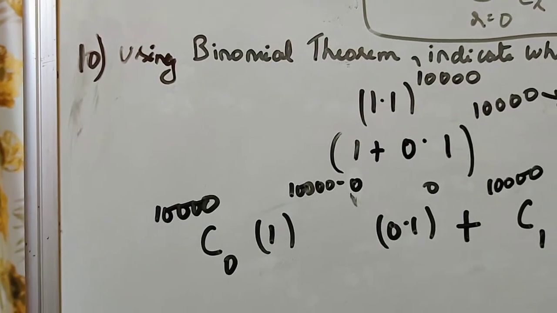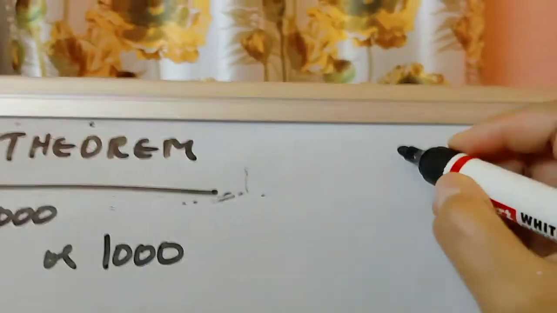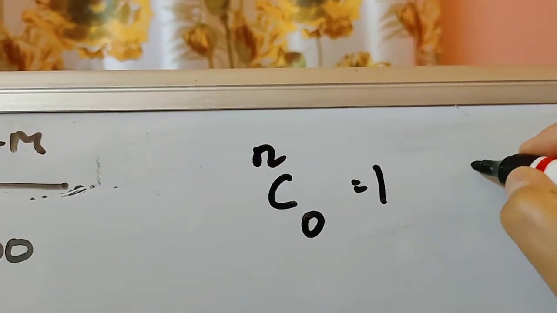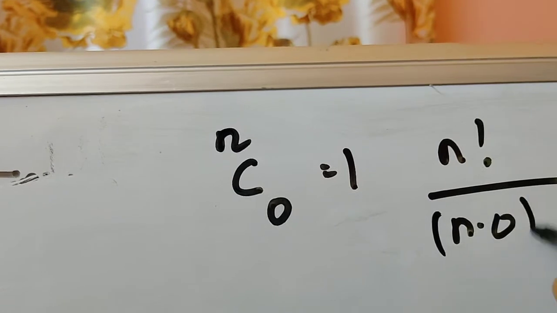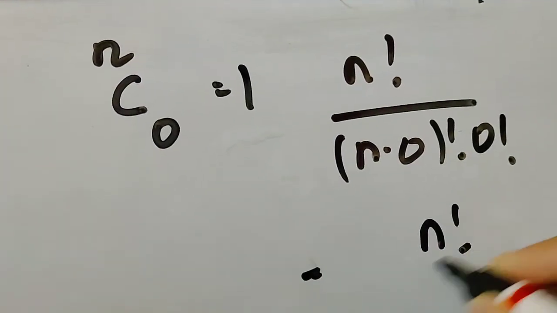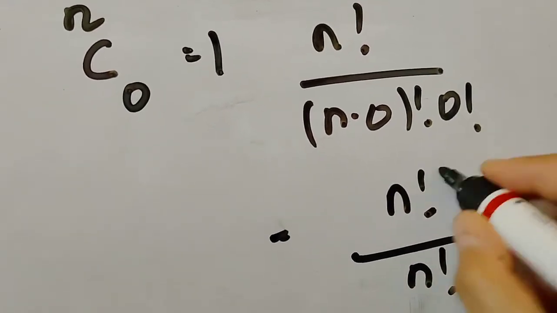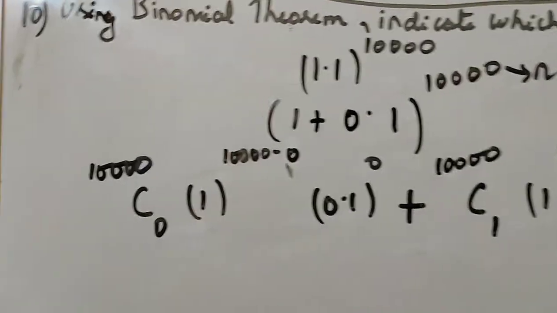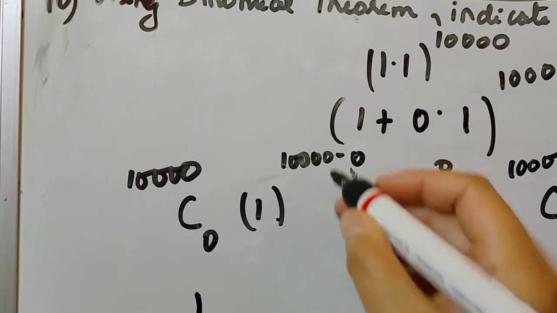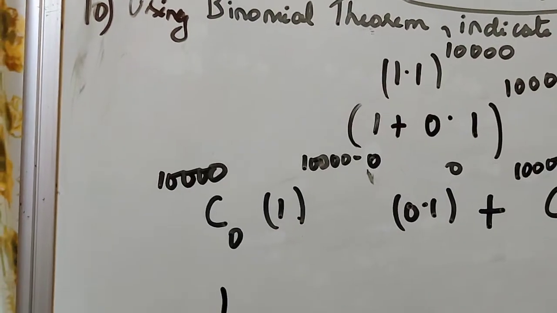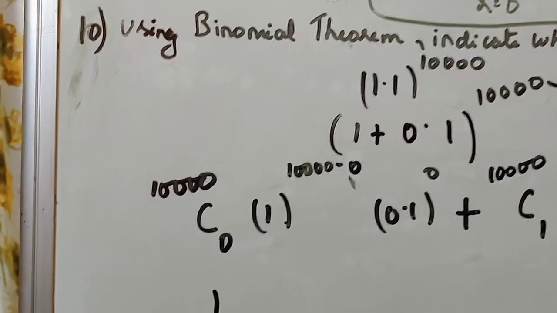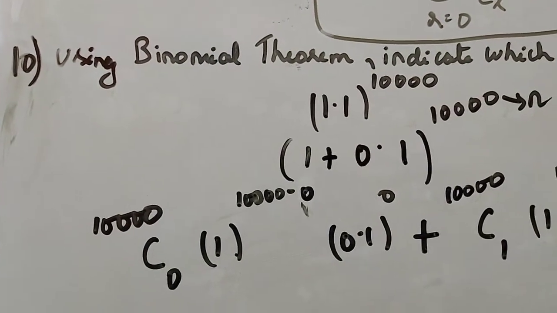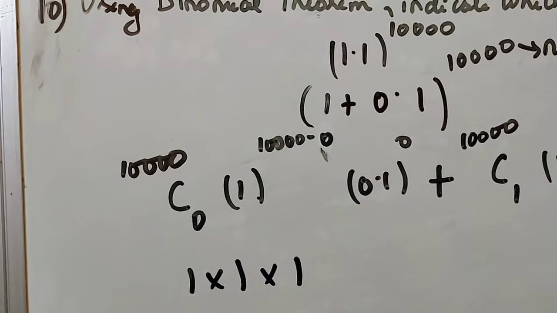Now 10,000C0. Okay, so I always told you nC0 is always 1. How? Formula, put n factorial divided by n minus 0 factorial into 0 factorial. n factorial, n minus 0 is n factorial, 0 factorial is 1, and n factorial cancels, that's why it is always 1. So straightaway here I can write 10,000C0 will be 1. 1 to the power any power will always give me 1 only. 1 to the power 10 or 1 to the power 10,000, it is always 1. Okay. Here 0.1 to the power 0 is always 1. Any value to the power 0 is always 1. Okay. Plus